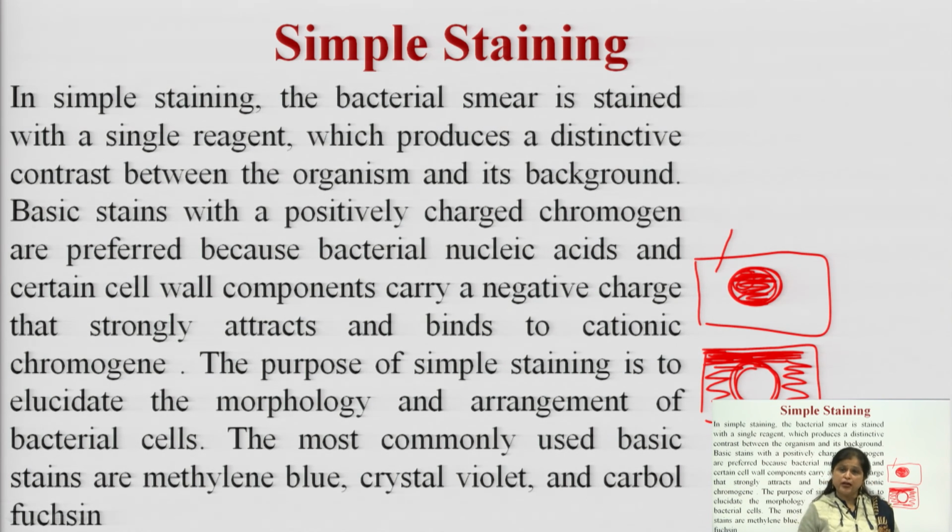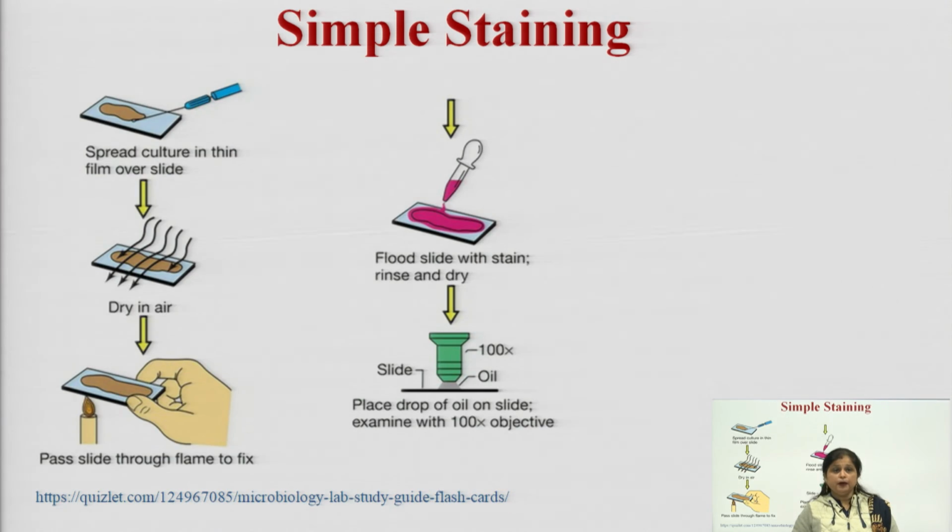So, we have two types of stains: one is basic stain and the second is acidic stain. As most of the cells are acidic in nature, the basic stain will get absorbed within the cells and give the cells a color. That color generated within the cells gives us positive staining. Basic stains are generally absorbed by negatively charged microorganisms.